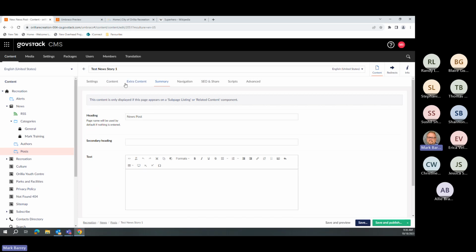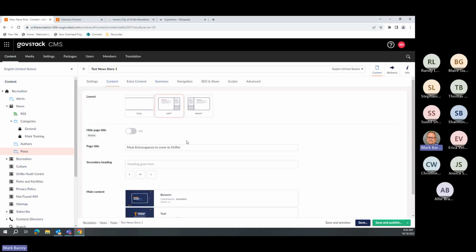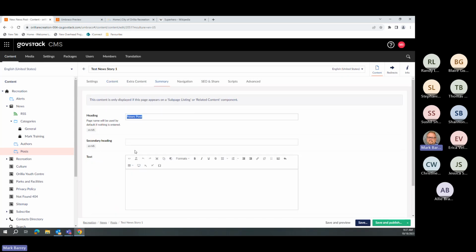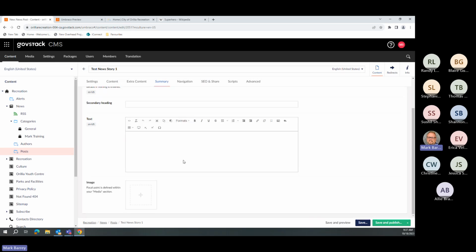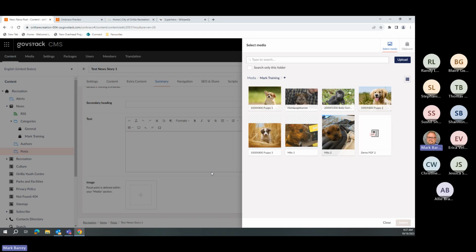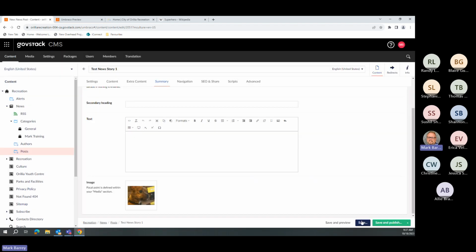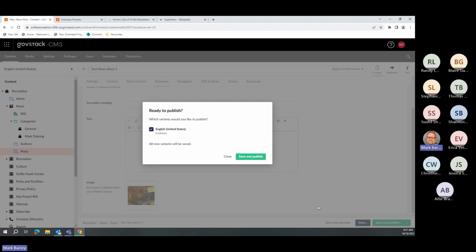So this is where I would go back to my content and copy my meat extravaganza and go to the summary. Instead of having it display as news post, I want it to display as the meat extravaganza is coming to Aurelia. Now I can even put a picture of something else. So let's put Milo in there. There we go. I am going to save and publish it now. Actually, before I do that,